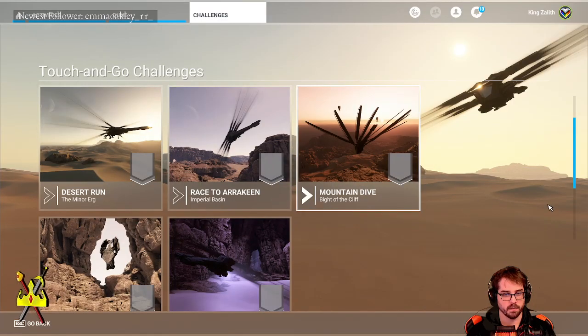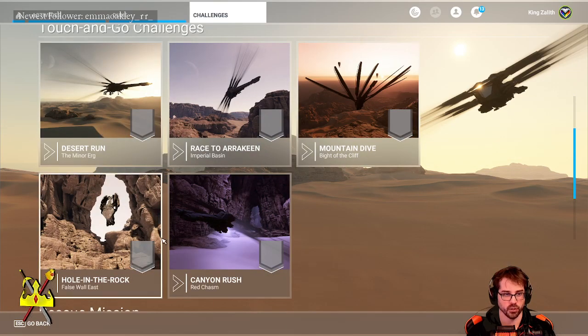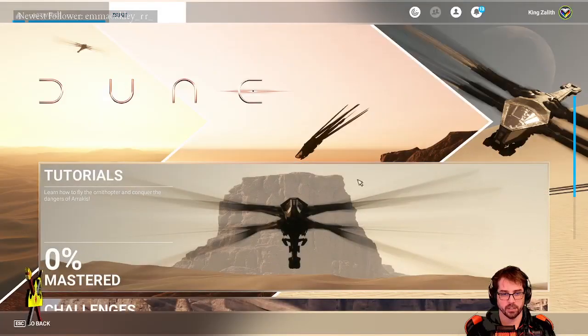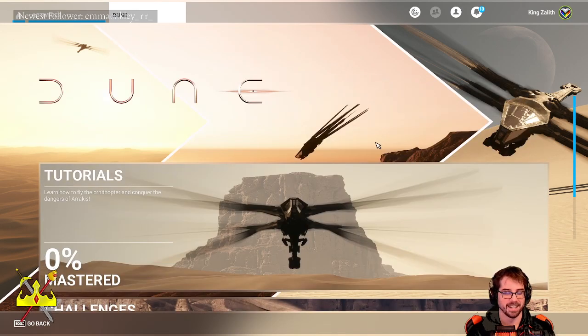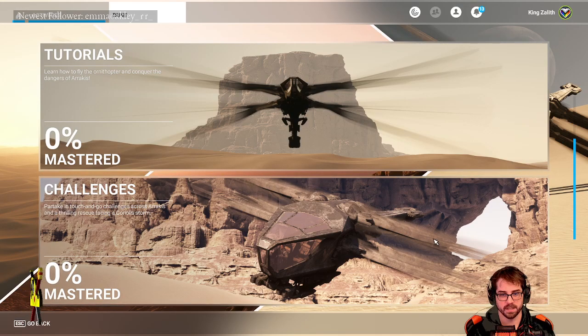I really, really want to do the rescue mission, but I don't want to jump to it because I'm sure all of these here are going to play a part here. So we'll want to try to get through this, hopefully 100% the tutorials, and become Ornithopter. I keep saying Thropter. Ornithopter pilots, and then we can start to become true captains of this